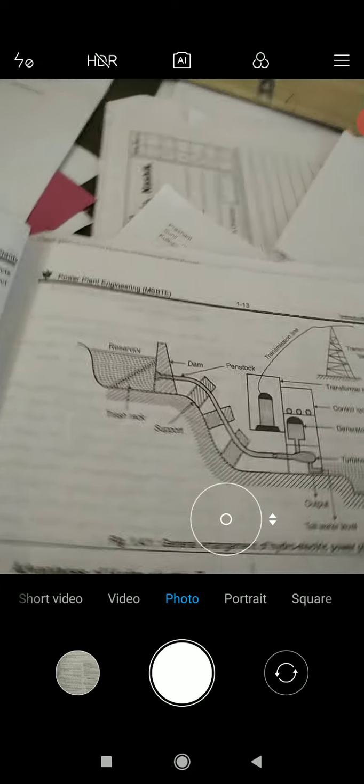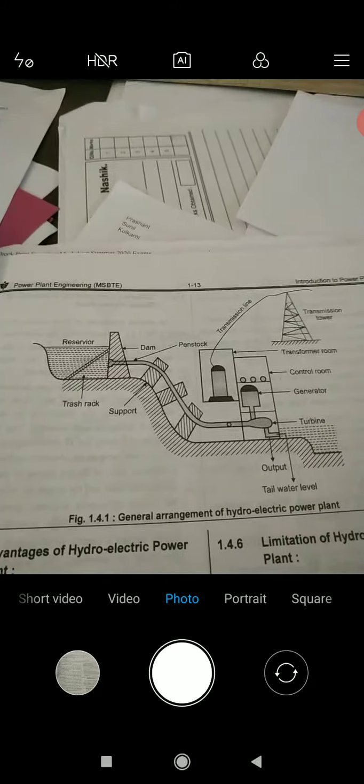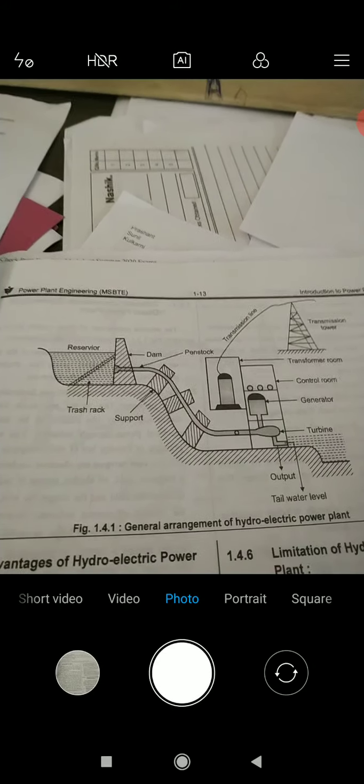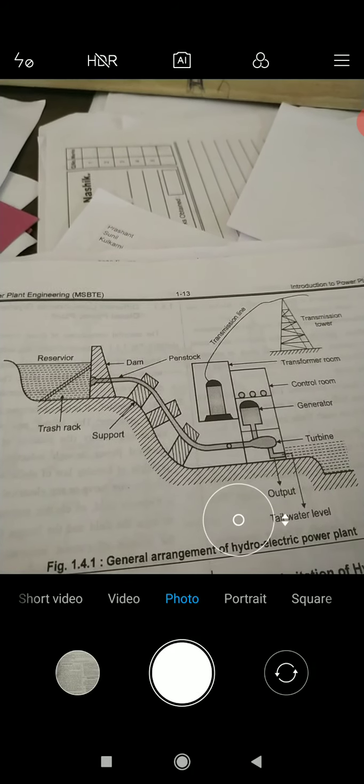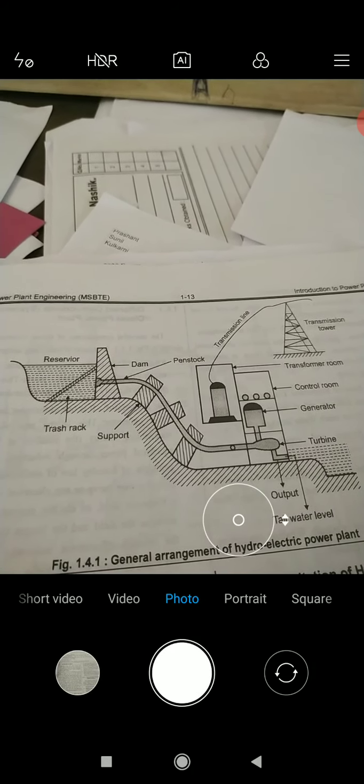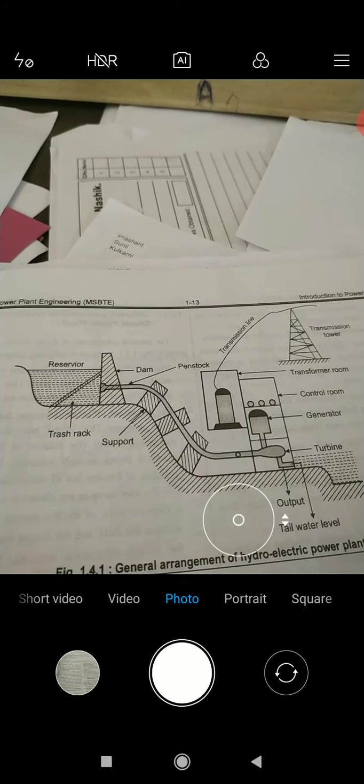Basically, the figure of the hydroelectric power plant is like this. First you will see the reservoir, the water reservoir. It is simply a water storage area where a large quantity of water is stored during the rainy season. The reservoir is generally built by constructing a dam across a river. The reservoir is located in a region of heavy rainfall with sufficient catchment intensity of rainfall. The function is to store the water during the rainy season and supply the same during the dry season.